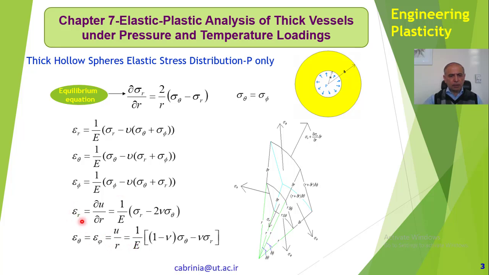And then also I can write down epsilon r as this relationship, because u is the displacement in the r direction, v is the displacement in the y direction, and w is the displacement in the z direction. Here we have r, theta, phi, obviously, for the coordinates. So I can write down epsilon r equal to partial u partial r, and also epsilon r was equal to that. So I get this partial differential equation here,